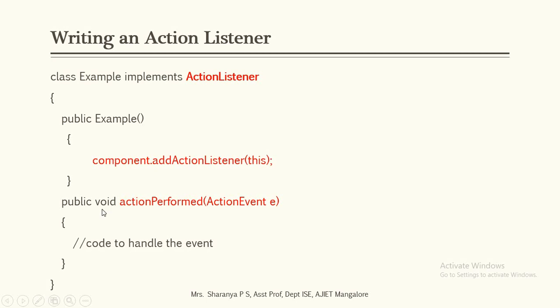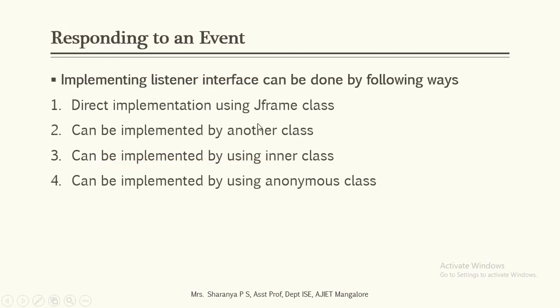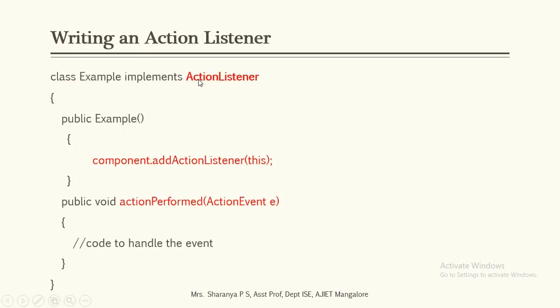And then here inside this class, the first method that we are using is implementing JFrame, plus we implement ActionListener. Under the ActionListener interface there is only one method called actionPerformed. So inside this, the code which needs to be executed when that event is triggered has to be